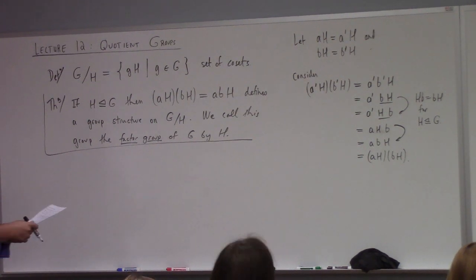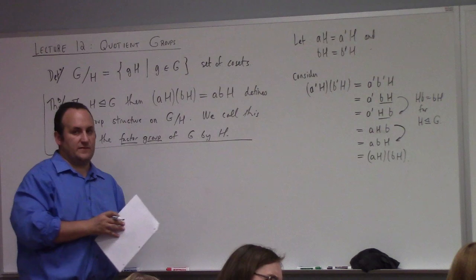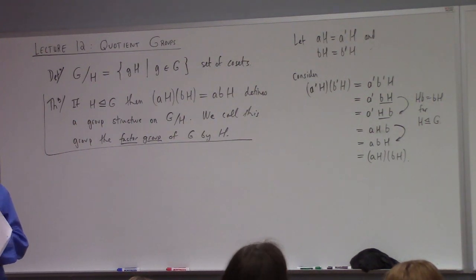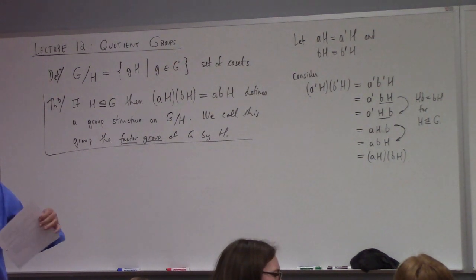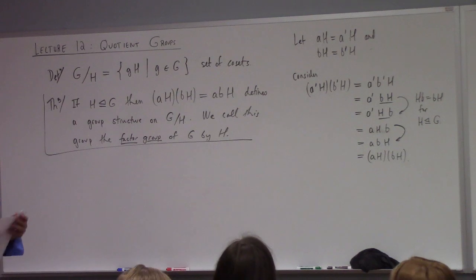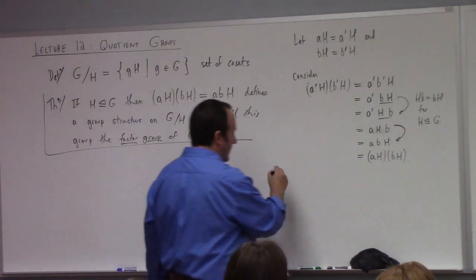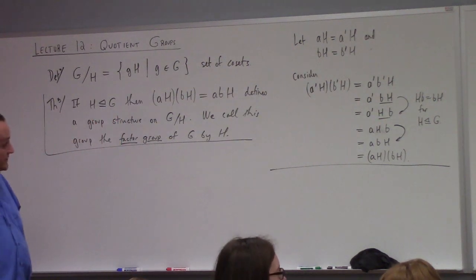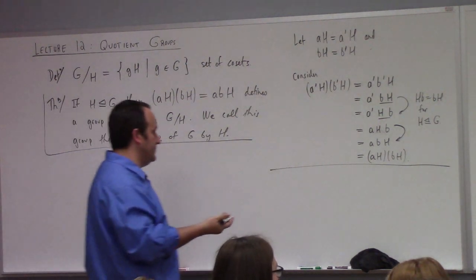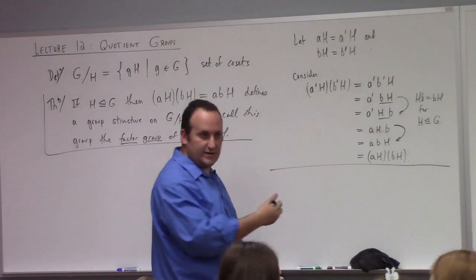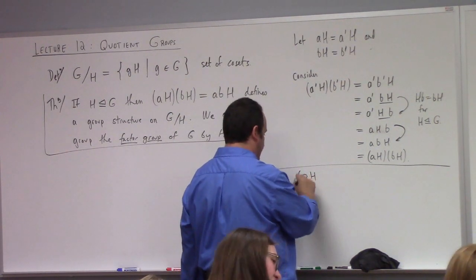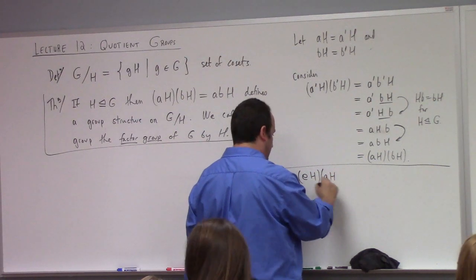Okay, so that's the first thing, is that the operation, the natural operation, is well defined. And once you have that, the rest of the properties of the group are pretty straightforward to show. So at this point, we have a binary operation on the set of cosets. Next step, I mean, you pick what you want next. How about identity? What happens when we look at